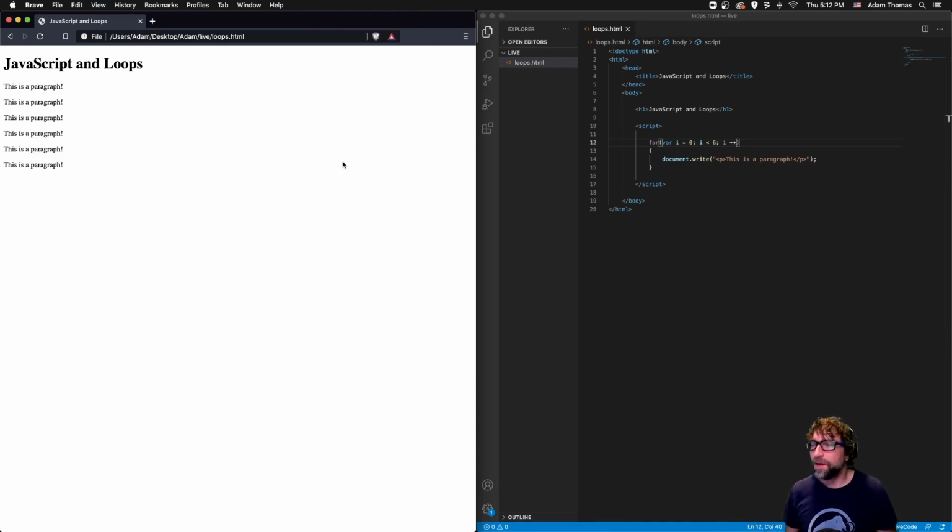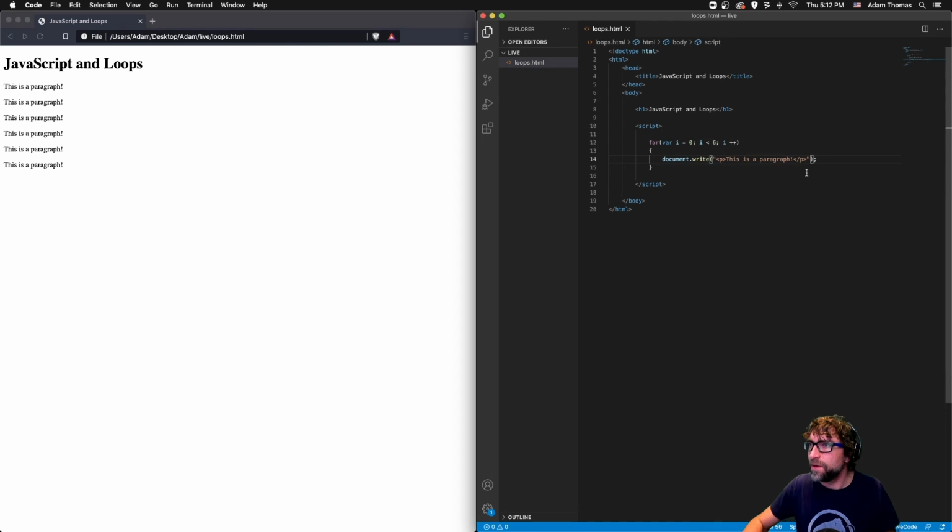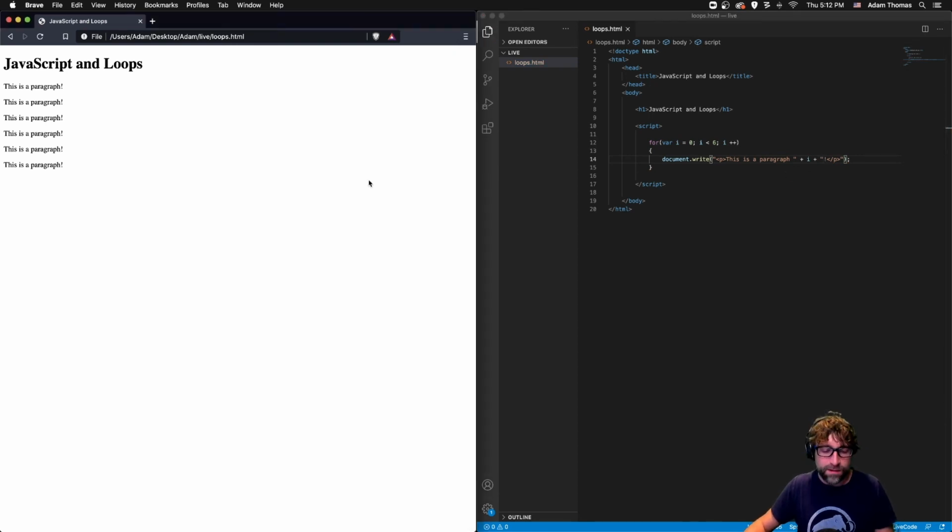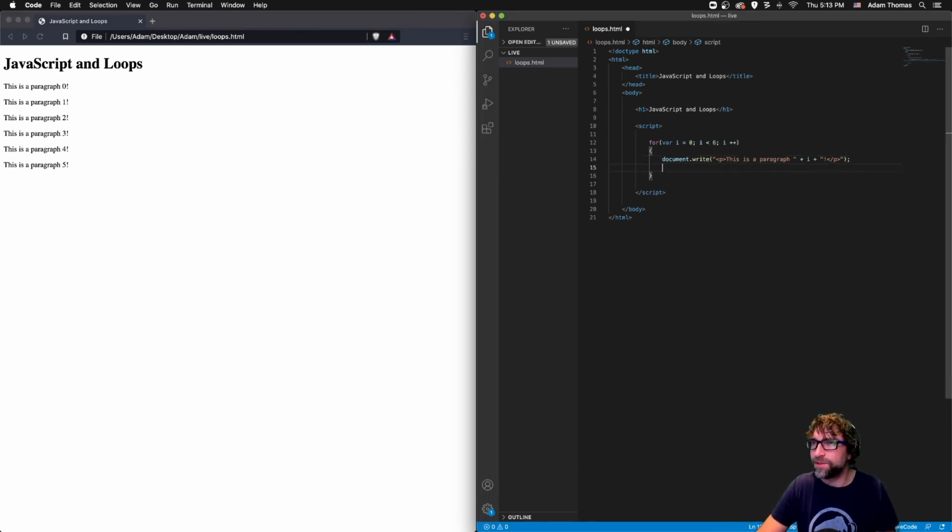paragraphs. So to help kind of see how the loop is working, I'm going to take my i variable and add it to my paragraph. So if I save and refresh, you can see my counter is going up by 1 each time it outputs a paragraph. Likewise, you can also use this counter for other purposes. So for example,